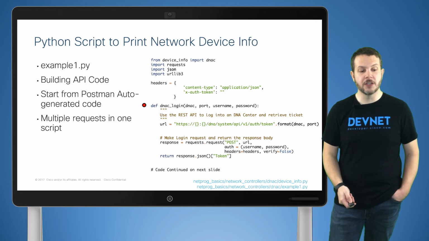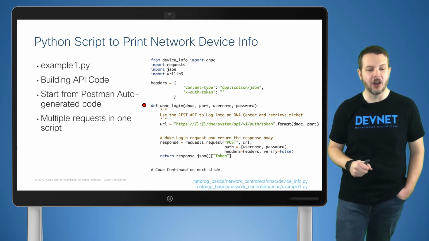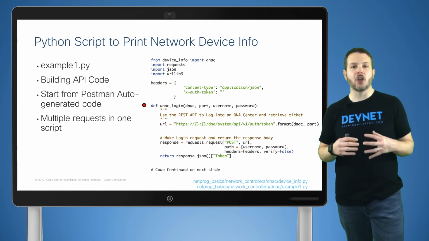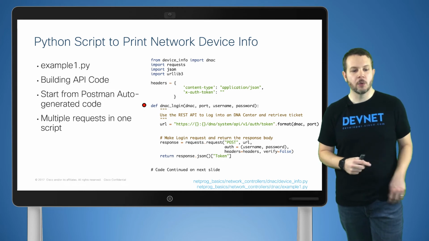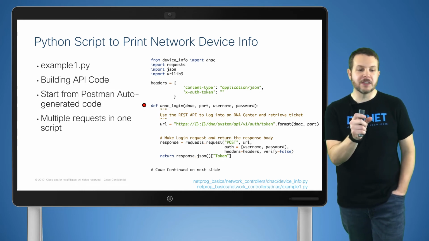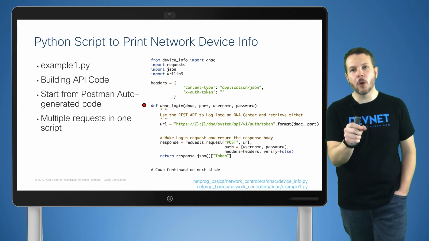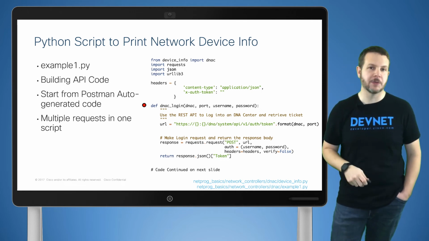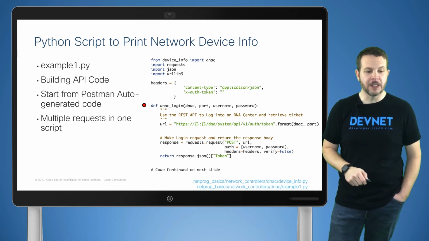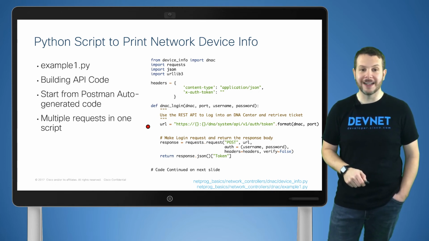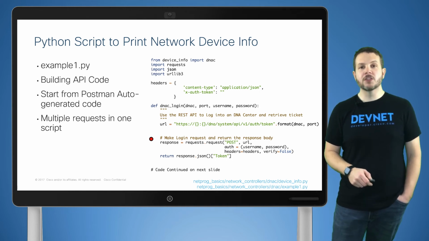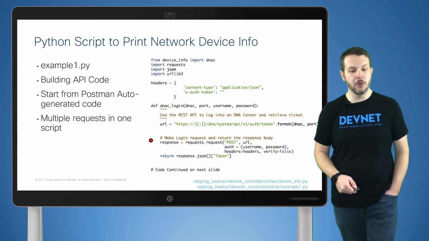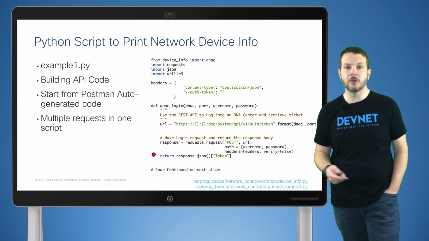Now, our first function here is def DNAC login. Now, this is where we're actually going to log into our DNA Center controller. We provide the host name as the DNAC variable. We've got port in case your API is running on a non-standard port, username and password for our device. We can see the URL for authentication is provided here, and then we go ahead and make our post request. This will return the body of data, and then we pull out the actual token value and return that from